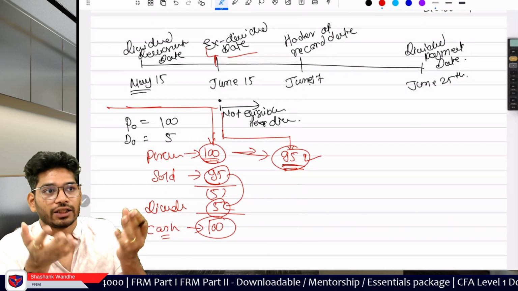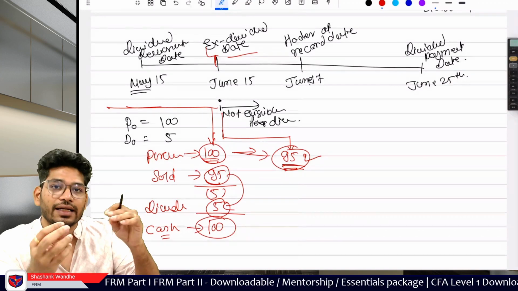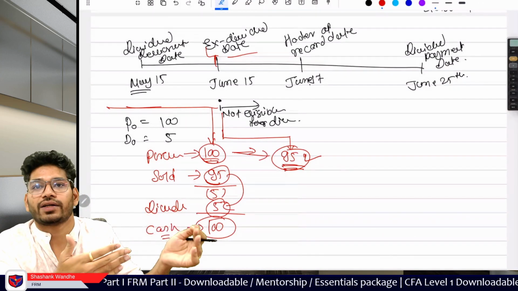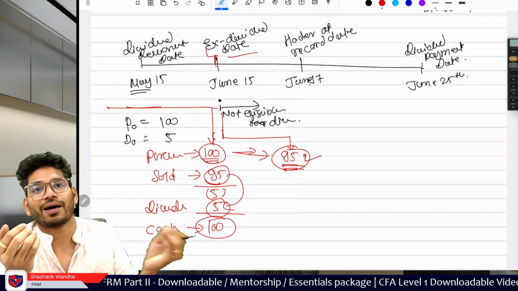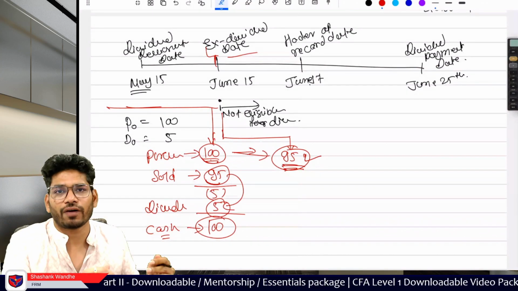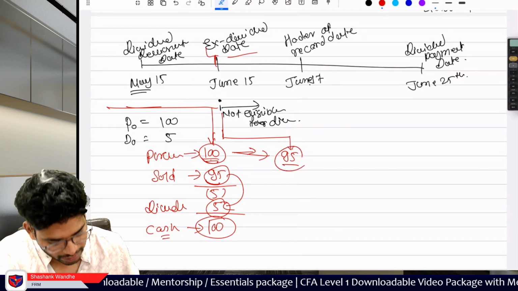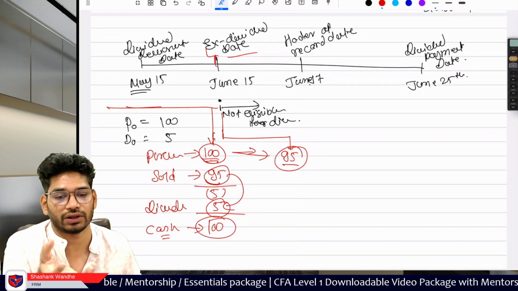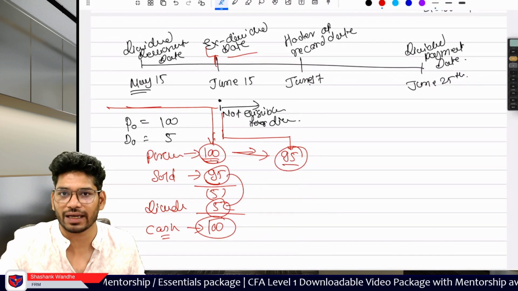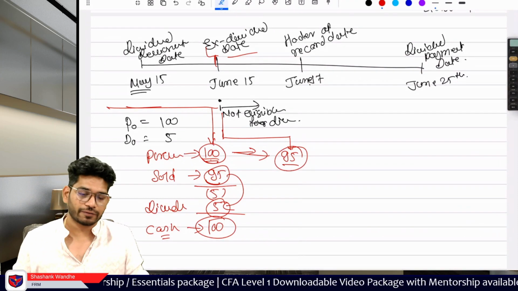So automatically, for that share, you simply have the residual interest in the company, and because the company paid the cash, the total net worth of the company is lower. So for this investor, the company's net worth is lower. The value remaining in the company after making the cash payment is 95.